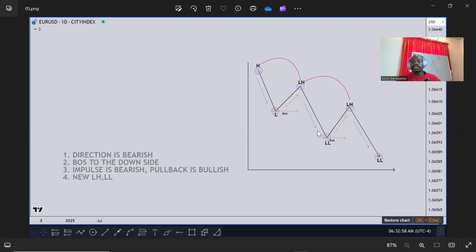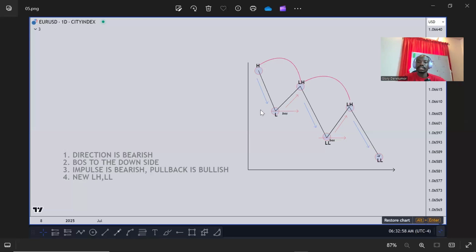Now that cycle continues over and over again in a downtrend. So in terms of the characteristics of a downtrend, the direction is bearish. There's consecutive break of structure to the downside. The impulse leg is bearish, while the pullback leg is bullish. And of course, we're going to have new lower highs and new lower lows after breaks of structure